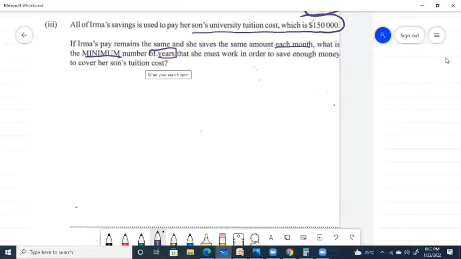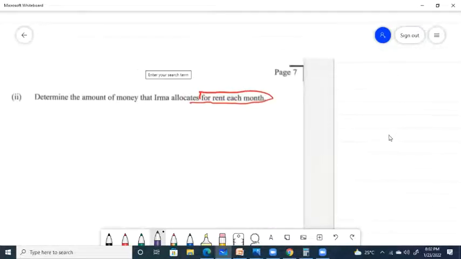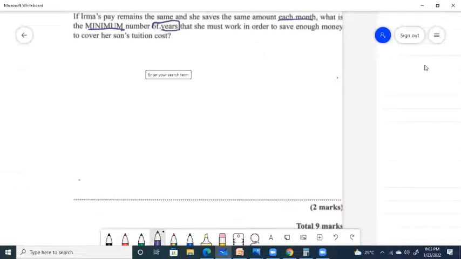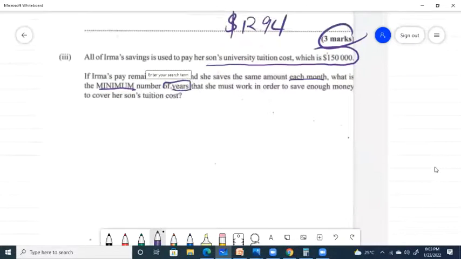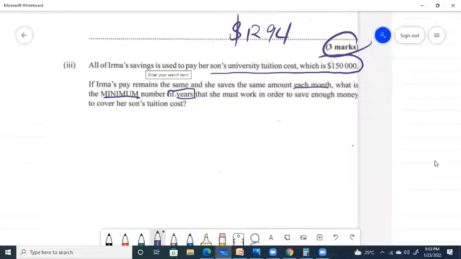Is anybody having access to the savings up there? I have to go back up there. Sir, 112,000 something. Nah, savings we are talking about. I have to read the question. Irma saves. So look at savings up there. 1,750. Okay, all right. And that's every 2 weeks, remember that? Yes, sir. All right. So she saves 1,750 every 2 weeks, so you can actually know how much she saves for the year. Agreed? Multiply that